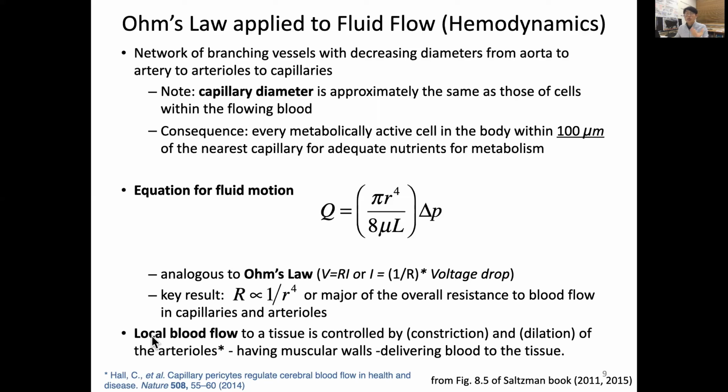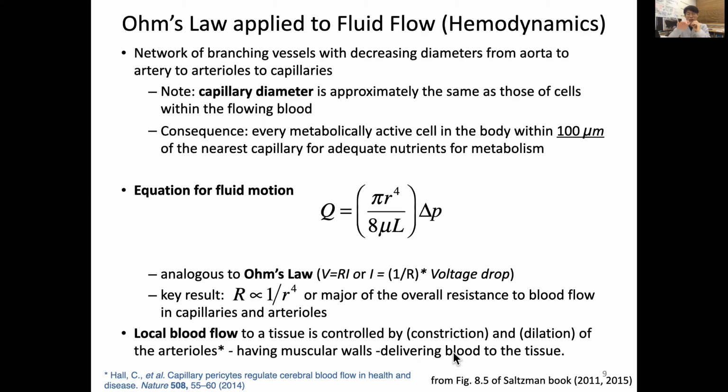And because of that, local blood flow, as the blood eventually gets into tissues such as the brain or organs, has to be well controlled. Because of the limited blood supply, you want to send it to where it's most necessary. So local blood flow to a tissue should be well controlled, which is done by constriction or dilation of the arterioles. Arterioles have muscular walls with smooth muscle cells which control this,